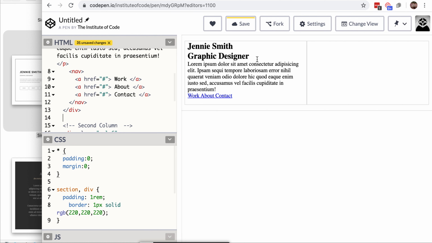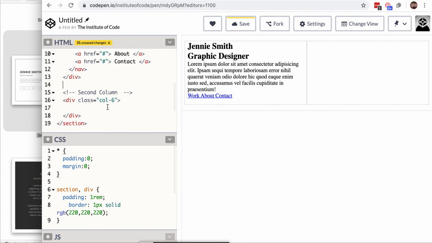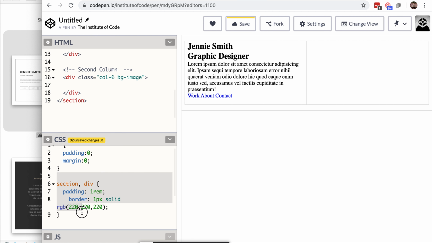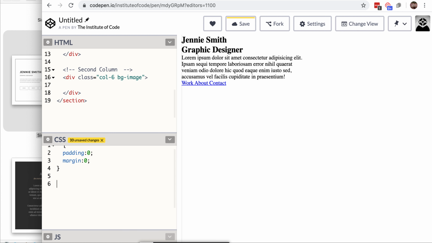So let's start with the background image because that's probably the most interesting. We want to add a background image not on all of our divs, just on one. So to do that, we need to add another class. So let's go over here, put a space, BG image. Then in our CSS, and I can get rid of this placeholder CSS, in our CSS, we want to say .bg image,